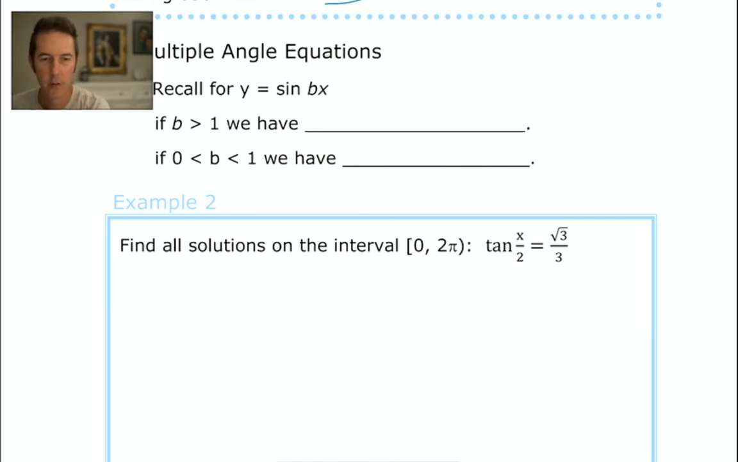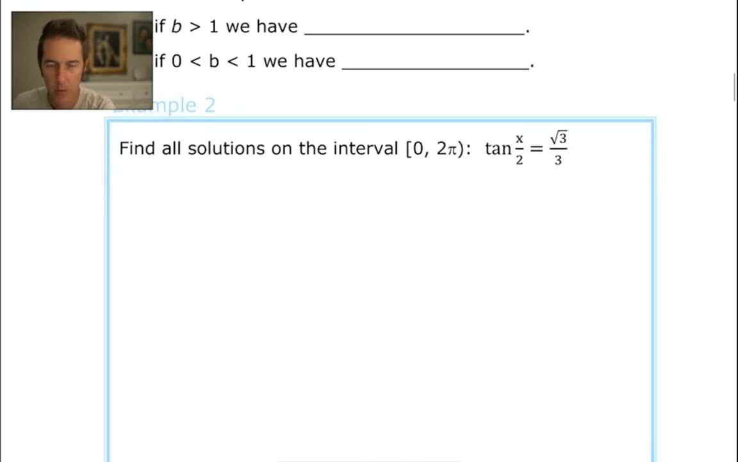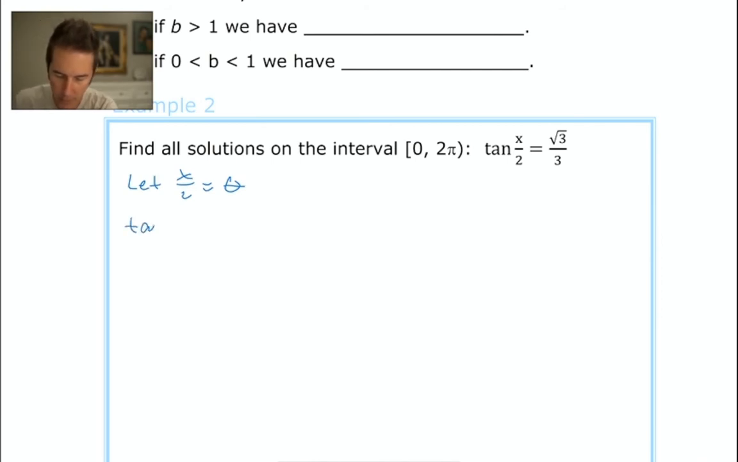There it is. Nice. All right, so let's see if we can find all the solutions on this interval from 0 to 2 pi. Let me show you how to do this. What I'm going to do is call x over 2 theta just for a moment. I'm going to let x over 2 equal theta so that I can write that the tangent